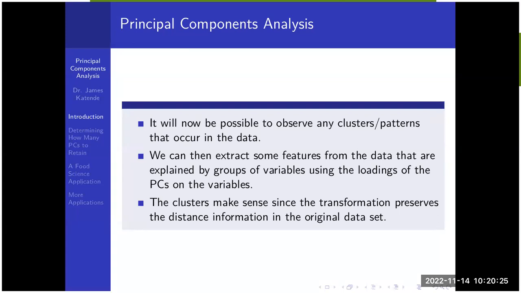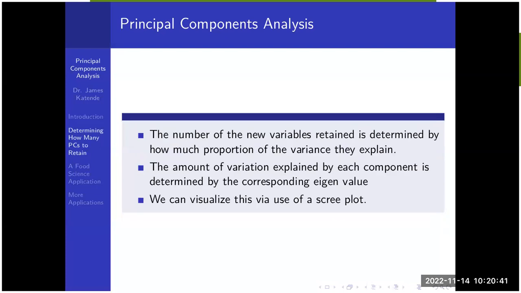And with the first two components, you're able to plot your data on a Cartesian plane, and you'll be able to extract any features or patterns, or even clusters, if there are any clusters in the group. So how you determine how many variables to retain is working out the proportion of variance that is explained by the variables. So if the first two explain a reasonable amount of variance in the original data, you can just keep the first two,